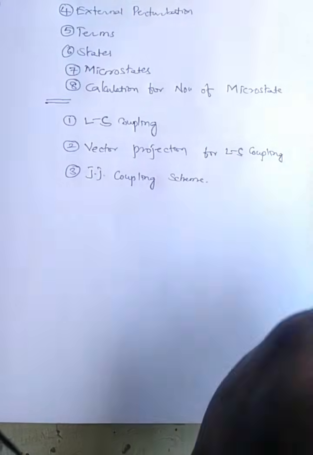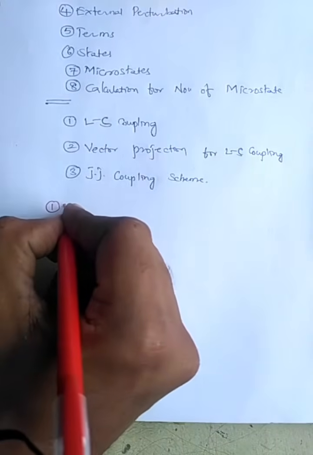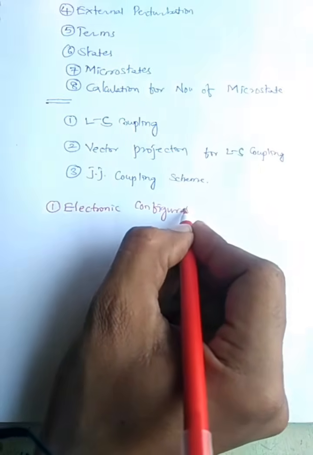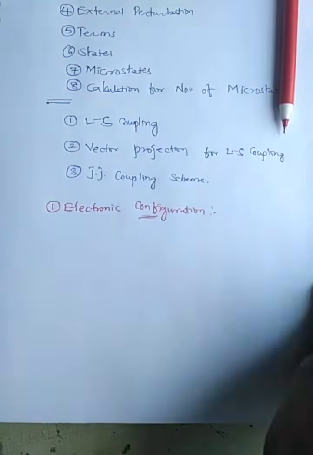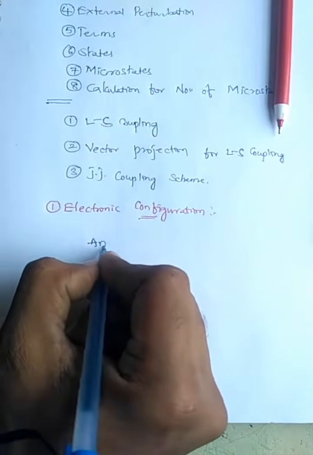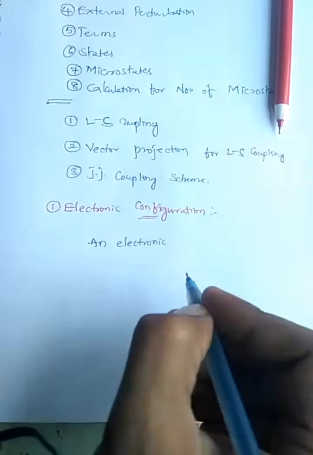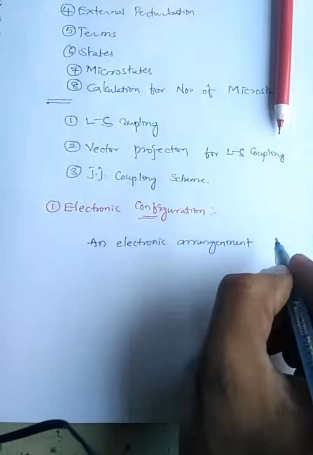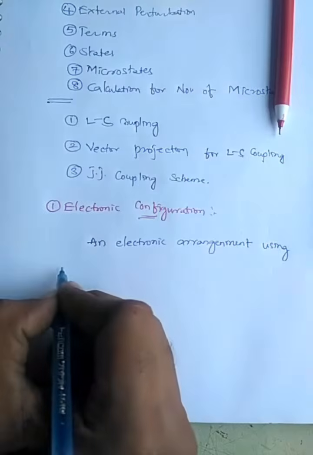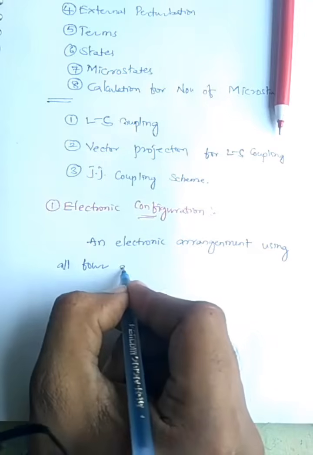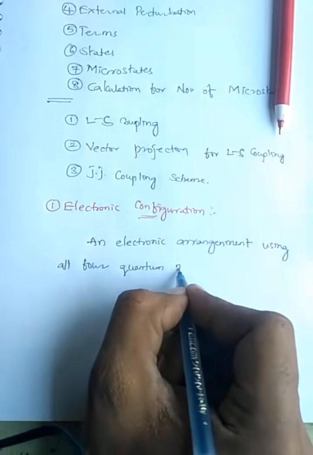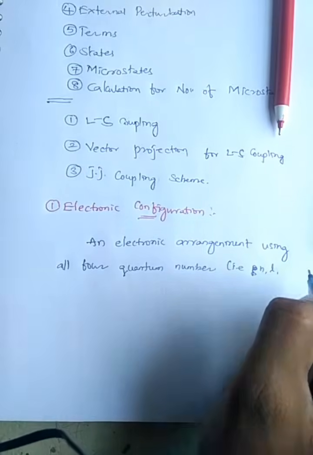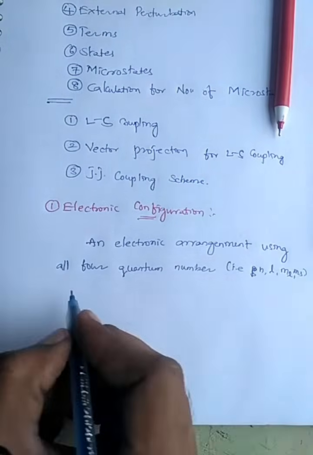The first one, electronic configuration, which I defined. In the definition of electronic configuration, an electronic arrangement using all four quantum numbers, that is principal quantum number, azimuthal quantum number, magnetic quantum number, and spin quantum number, and